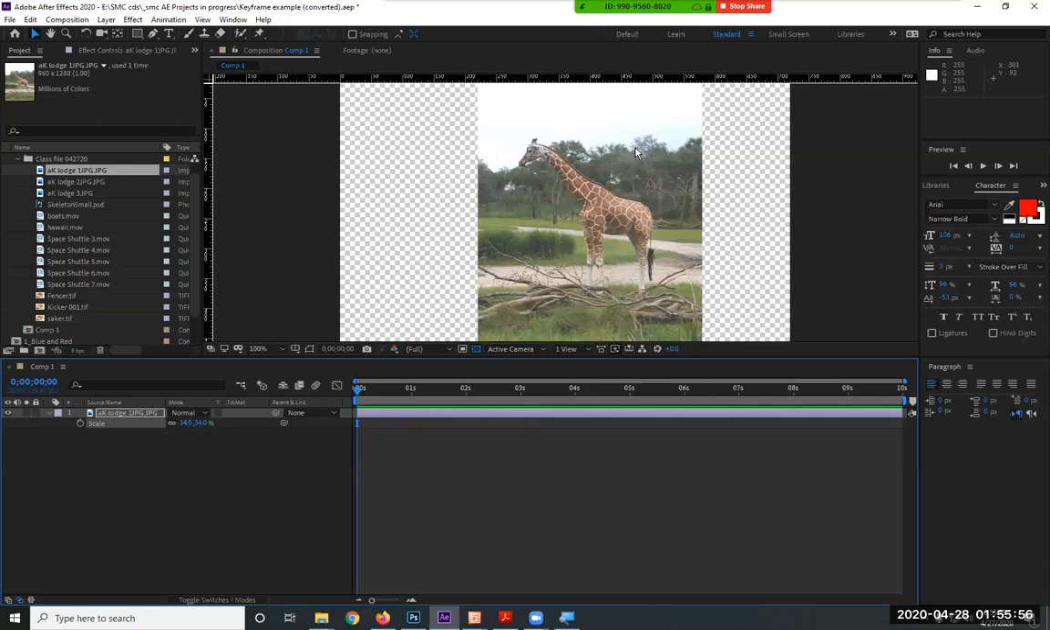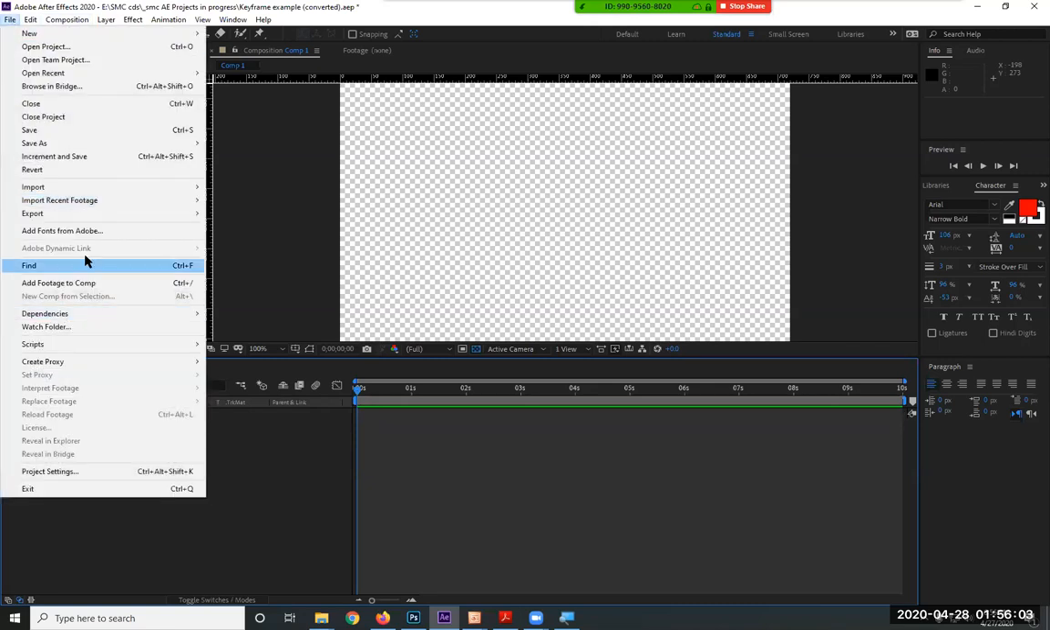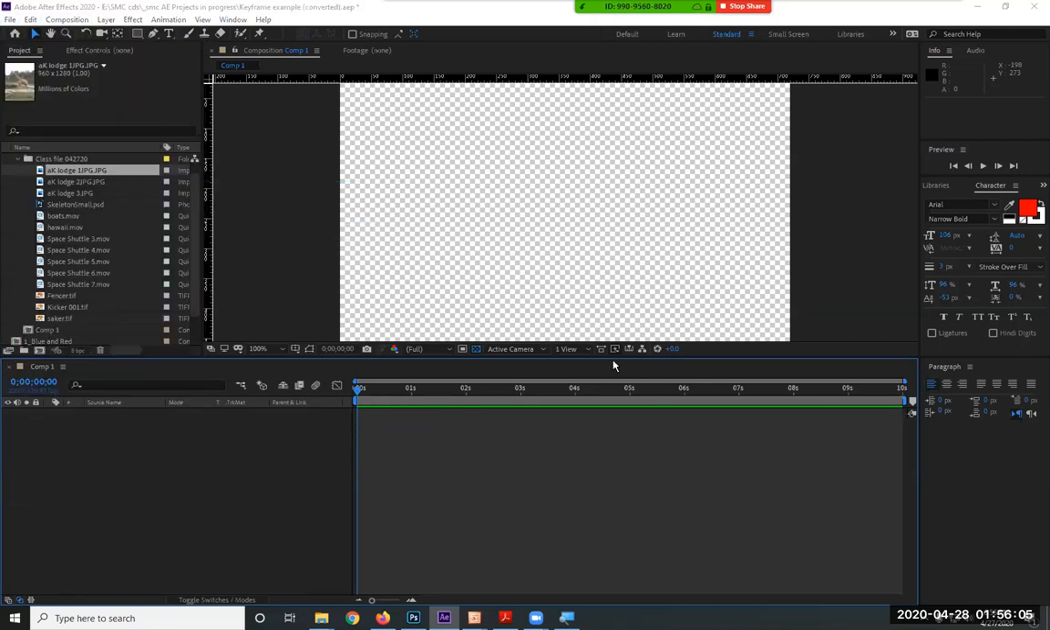Yeah. When I go into After Effects, if I grab the original file, you can see, yep, it's not transparent. All the pixels are there. However, if I go back now and go File, Import, File,